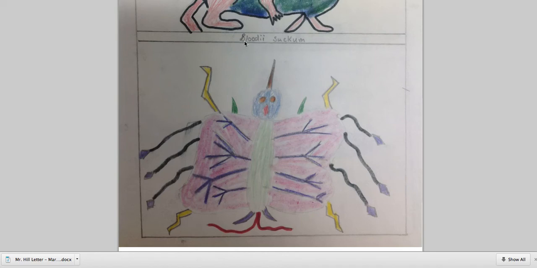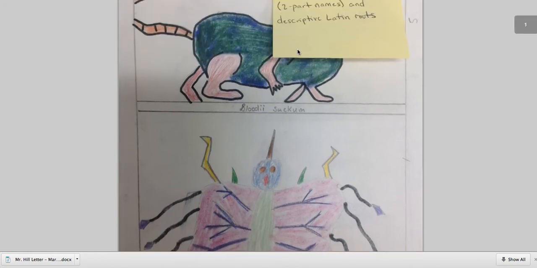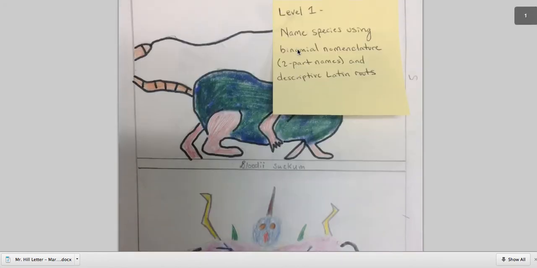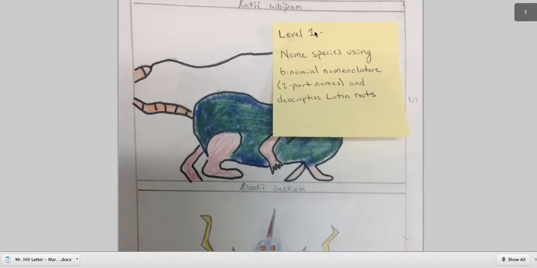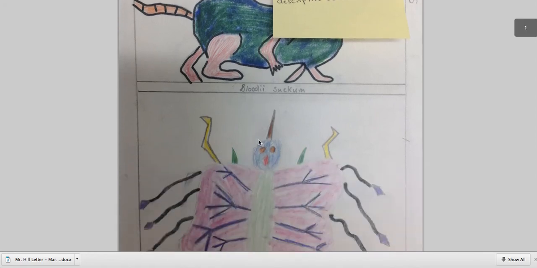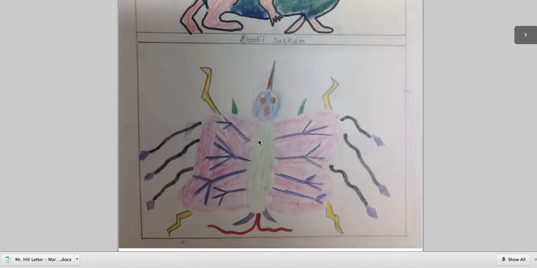So I named this guy Blood Eye Succum, because it looks like a mosquito, so it sucks blood. I gave it its Latin sounding name based on its physical characteristics. That is what would earn you a 1 on this project, if you can name these guys using descriptive